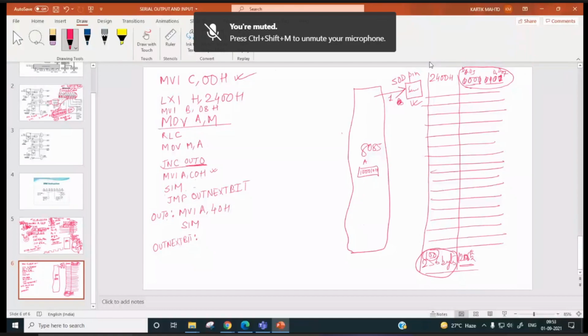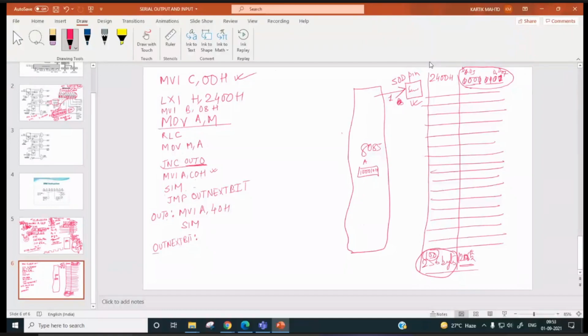Now what should be the instruction over here? Out next bit. You have to decrement the count. So what will be the instruction? Hello?